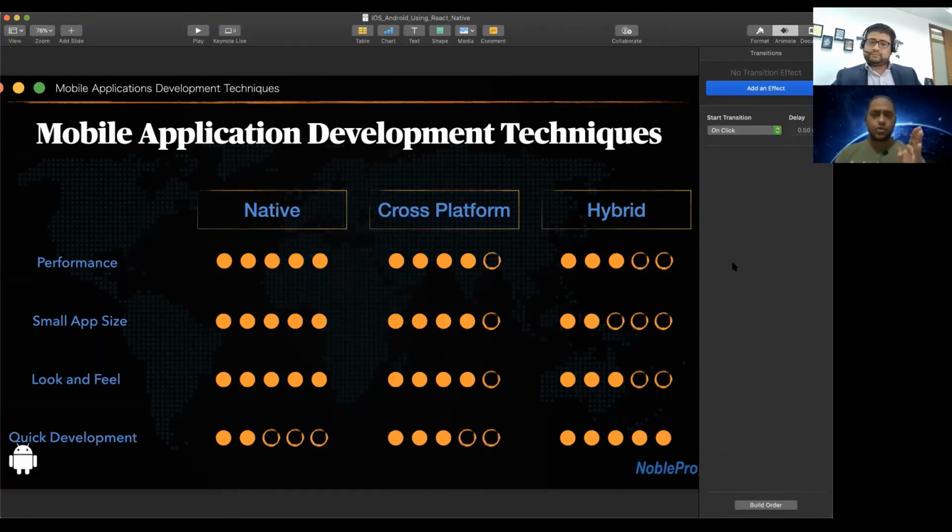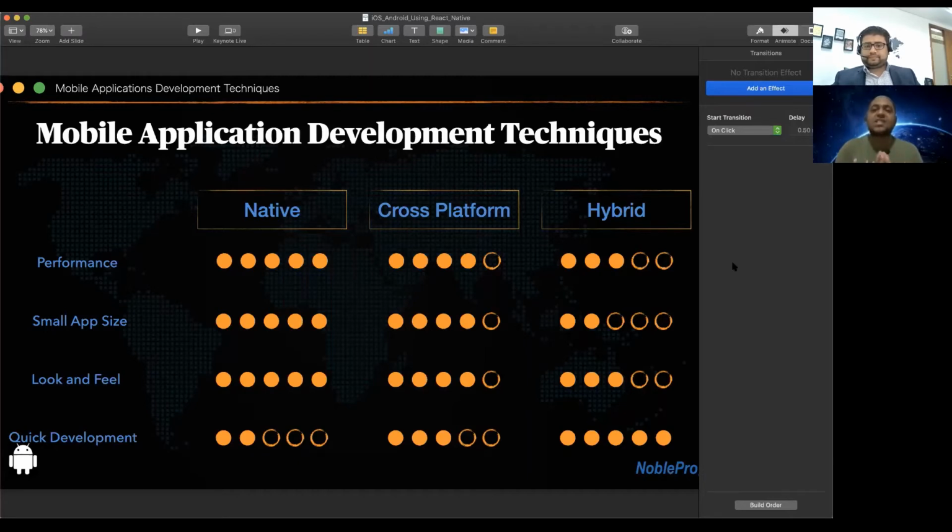So in most cases, we consider native for apps that will give us some return on investment. For instance, if I am building a very sophisticated application that requires really high performance, and by the end of the day I will not be putting it on the store for free, then I can think of native because I will be investing a lot of money in it. On the other hand, if I'm not selling my application, and I'm just building an application that gathers users or shows my service,